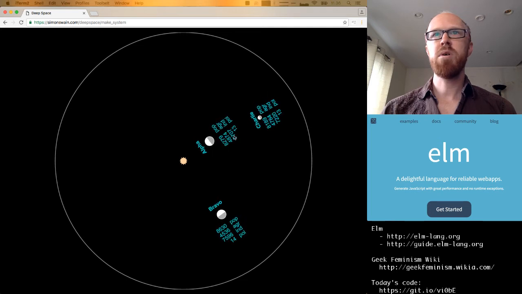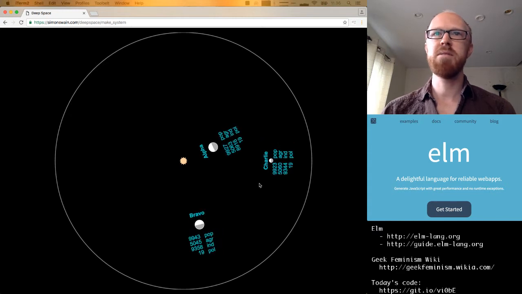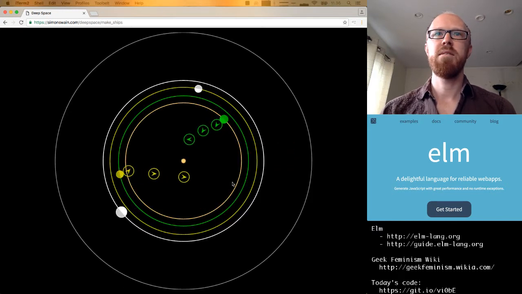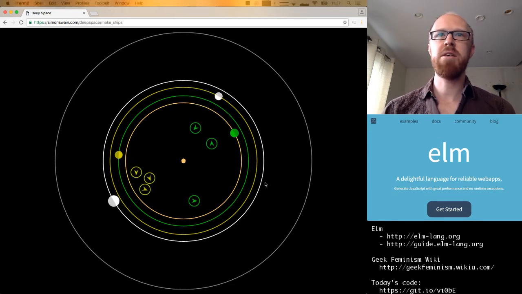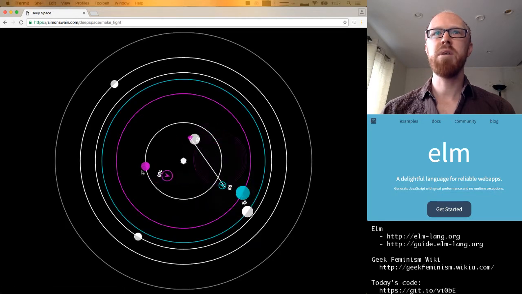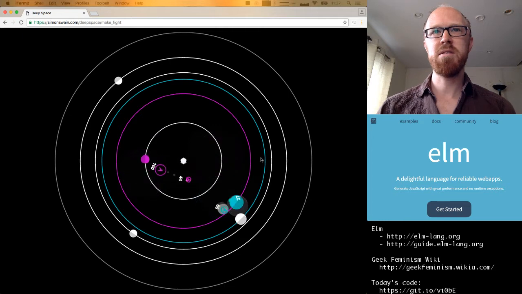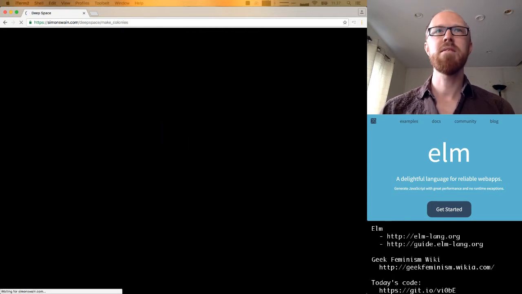Then the next one, he basically takes that planet simulation and runs multiple planets within a system. Then in this one, when the planets launch ships, they fly around. And here, there's two planets owned by different civilizations that start fighting each other when they launch ships.